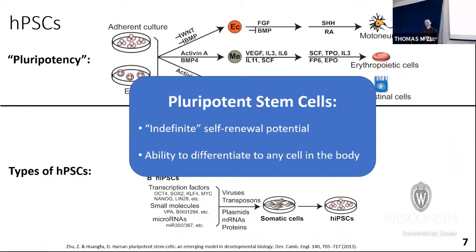They also have the ability to differentiate into any cell type in the body, thus this term pluripotency. The only limitation is they're not able to become extraembryonic tissue, such as placenta and things like that. That's one level higher in potency, called a totipotent cell, which you can actually derive from an earlier stage in the embryo, kind of the 2 or 4 or 8 cell stage.